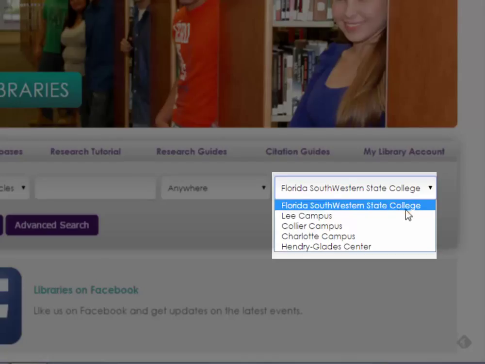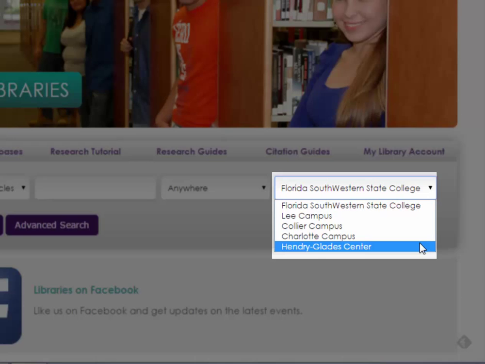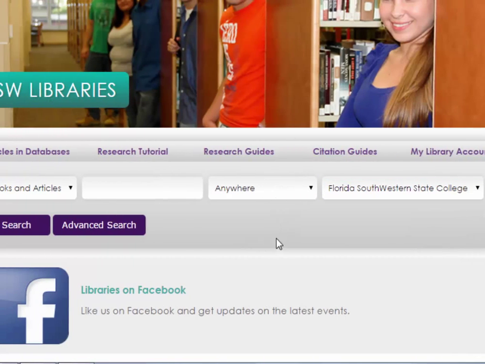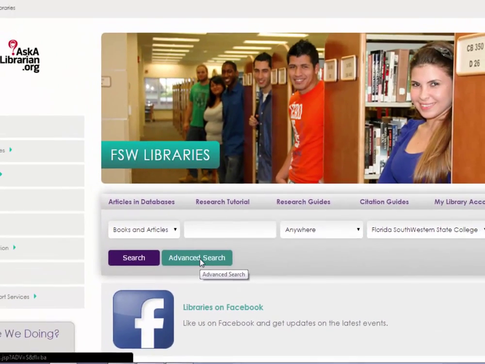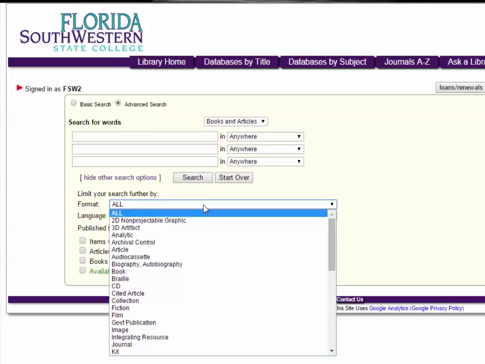You can search the entire campus, or you can look at an individual campus. So if you just want to find books at the Lee Collier Charlotte campus or Henry Glade Center, you can do that. You can click on Advanced Search, and you get all those same options, but a few extras. You can search multiple keywords. You can still look for books, films, or articles, but now you can keyword search in different fields. So you could look for a certain word in the title and another word anywhere in the field,